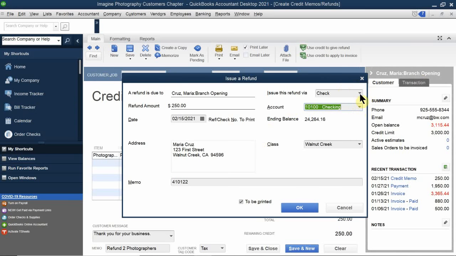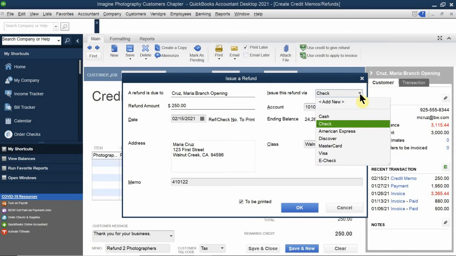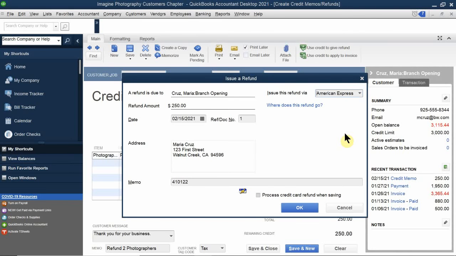So in this case, I would click here, and because she paid, I don't know why the book says this, but it says she paid with the American Express card. If you click on this, you'll see a section that says more information about payments. In this case, we don't need that. So again, Maria Cruz for $250. Here's the date and transaction, refund document number 1, her address, and then you're going to make a note here saying you're going to